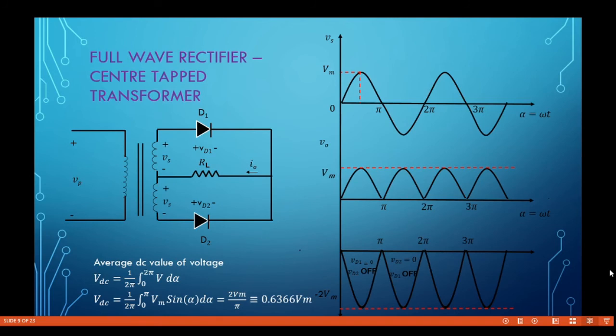Now after the half wave rectifier, we can also have a full wave rectifier, by using an extra diode with the half wave rectifier circuit. Here you can see that you have used another diode D2 with the circuit, and the secondary winding of the transformer has been center-tapped here,